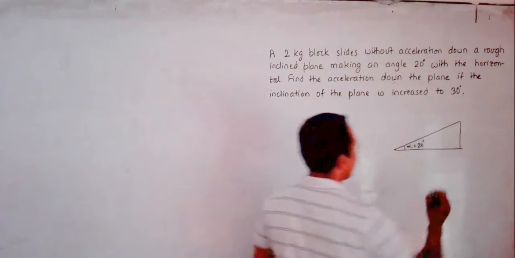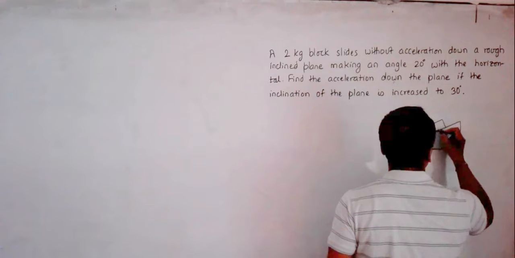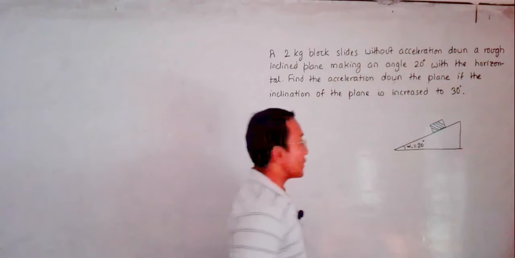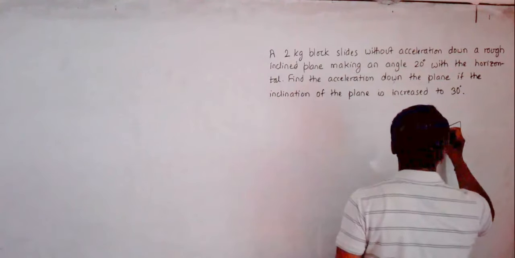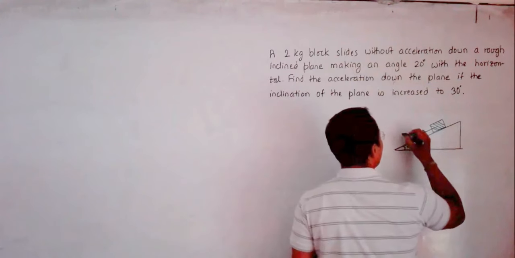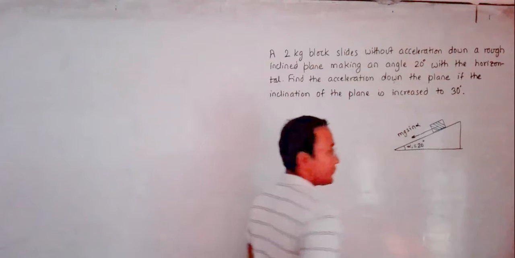That means the velocity is uniform. So this is the block. When a block is on an inclined plane, the force due to gravity along the plane on this block will be somewhat like this. So this is the force due to gravity, and its value will be equal to mg sine alpha.